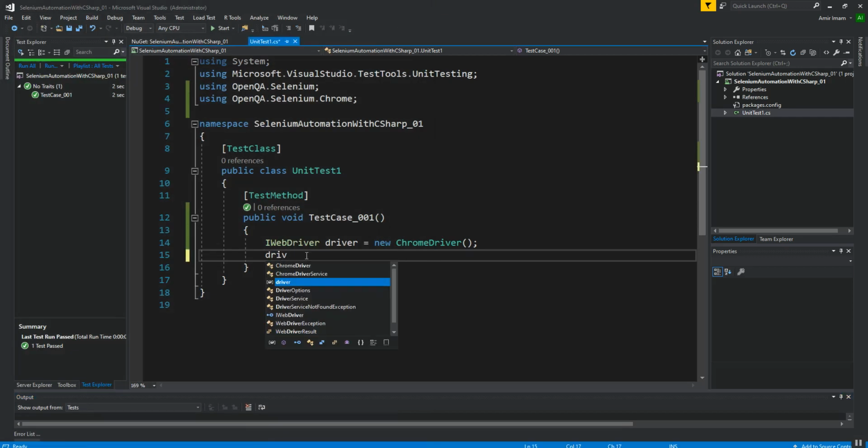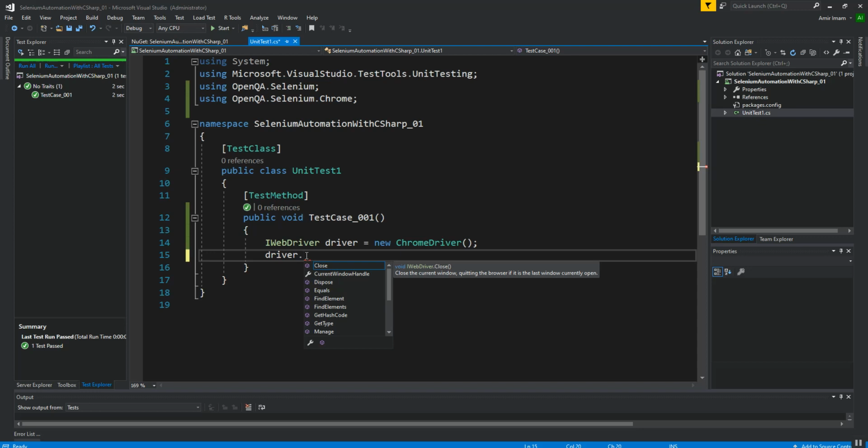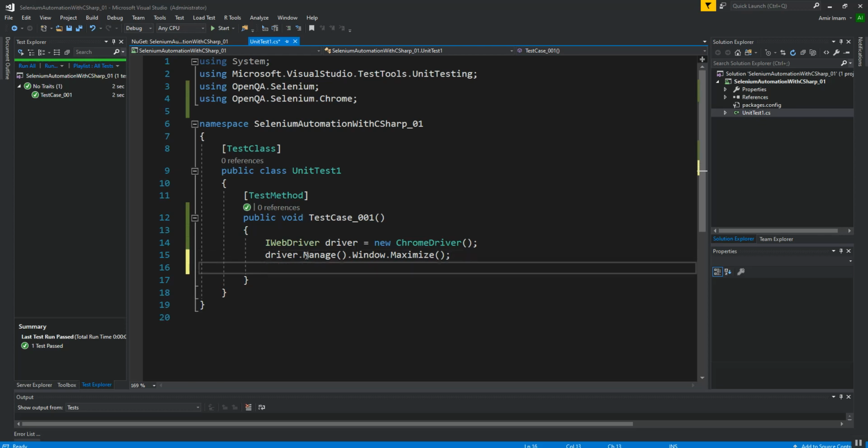So I'm going to perform driver.Manage().Window.Maximize(). This line is used to maximize the browser window. After that I am going to close the driver so that the driver session will close automatically.